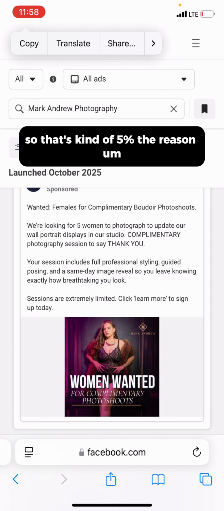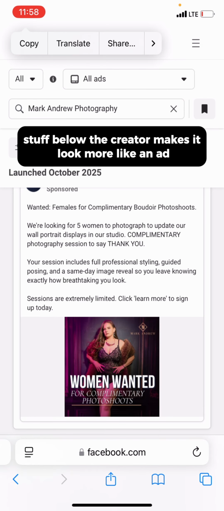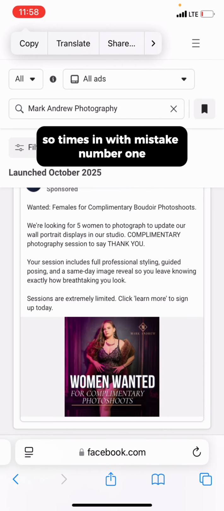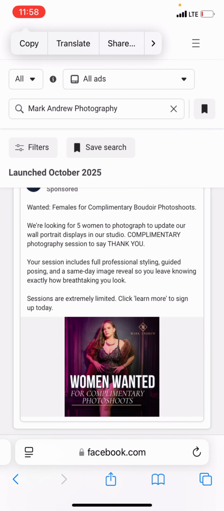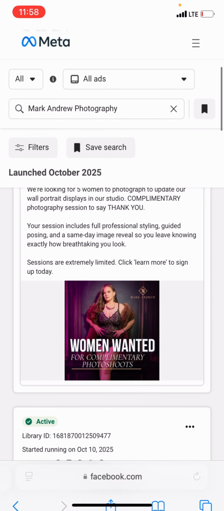So that's 15% of the reason. The second, 5% of the reason, is that stuff below the creative makes it look more like an ad, which ties in with mistake number 1. Then reason number 3 for mistake number 9, 80% of the reason,